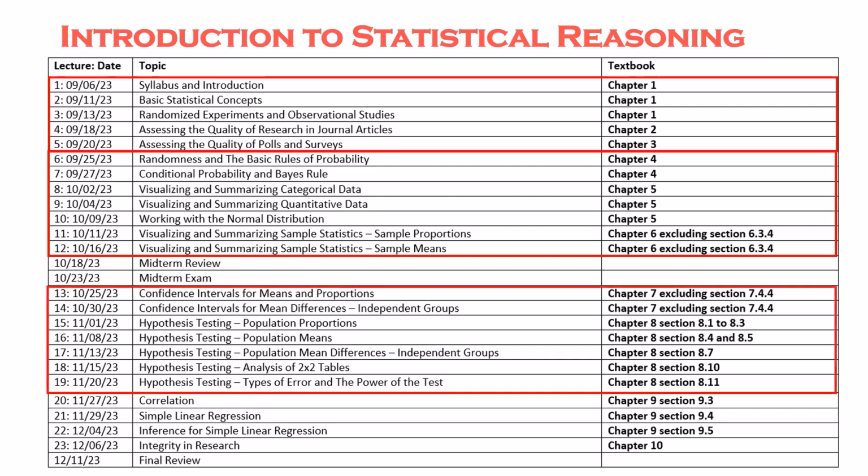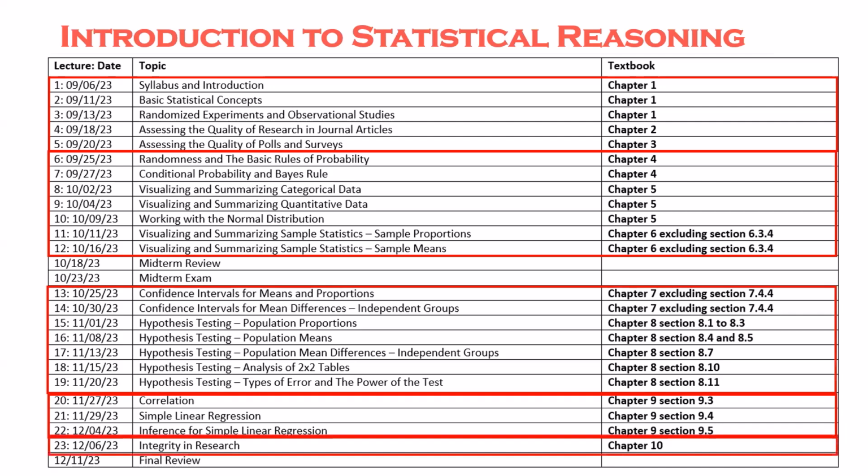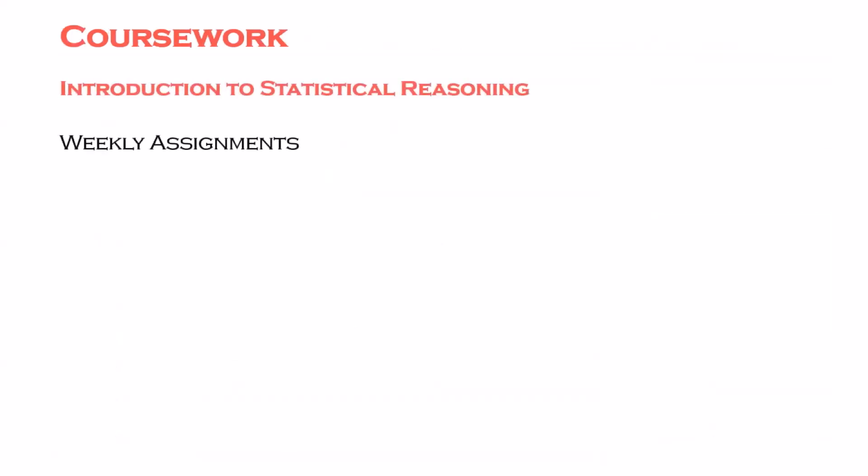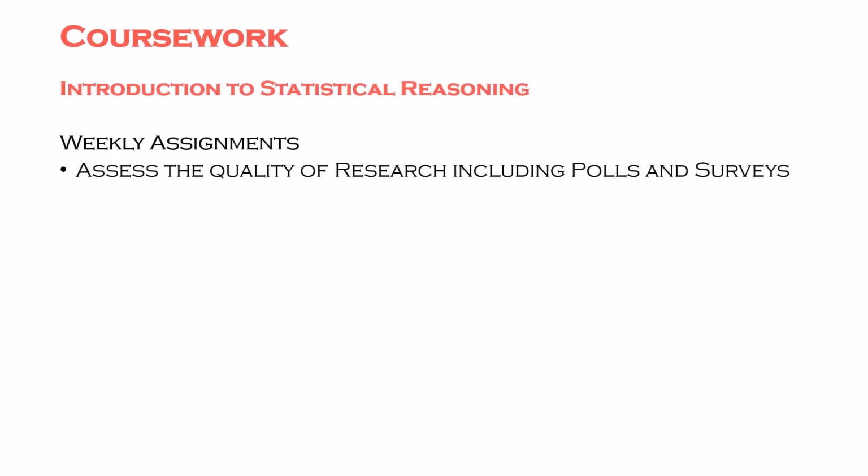After the midterm, we begin statistical inference, reasoning with the sampling distribution to make decisions about values of unknown population parameters using both confidence intervals and hypothesis testing. And we build on this foundation of statistical inference and everything we've done so far with an introduction to correlation and linear regression, and then finish the course by looking at some examples of the misuse of hypothesis testing in research.